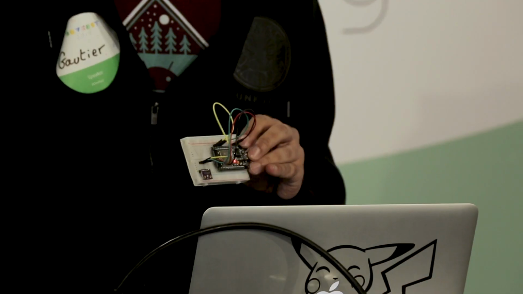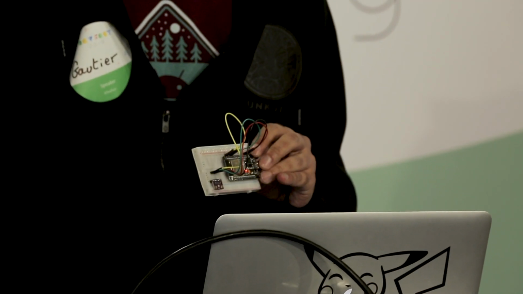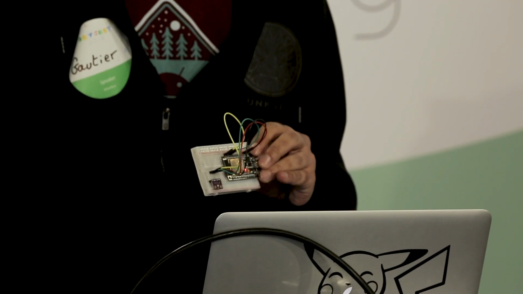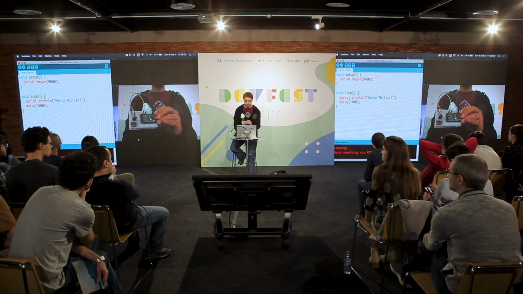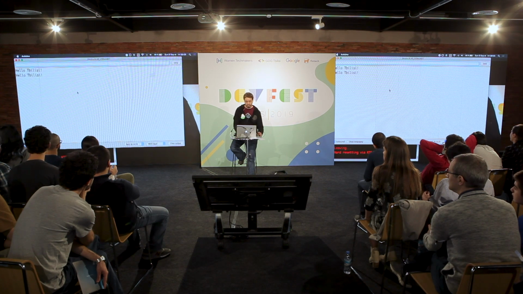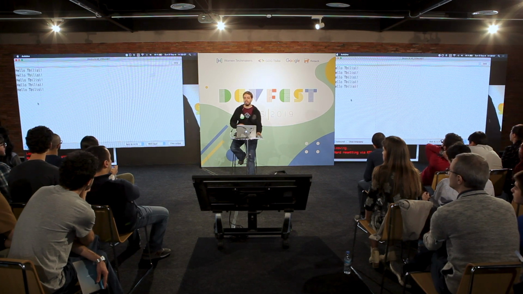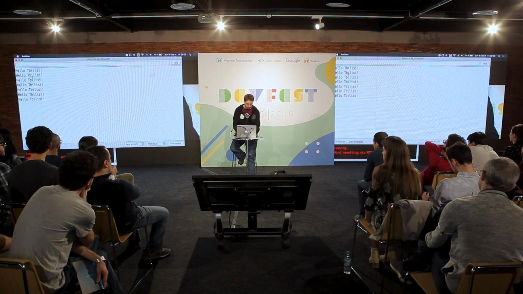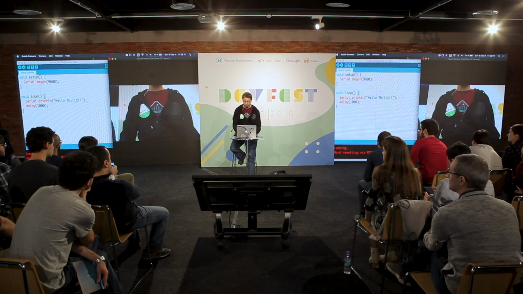Here it's relatively fast because we only have 2 lines, one to set up the serial communication and one to say hello. And now if we click here to see the serial monitor, we can see hello Tbilisi every second. So you can see how quickly it is to get started writing a simple hello world. But of course, we don't want just a simple hello world.